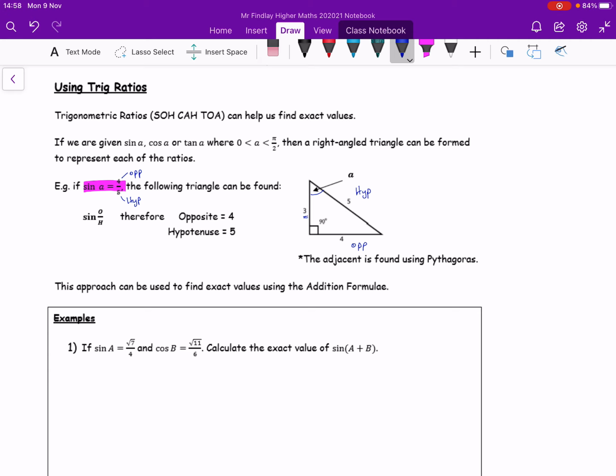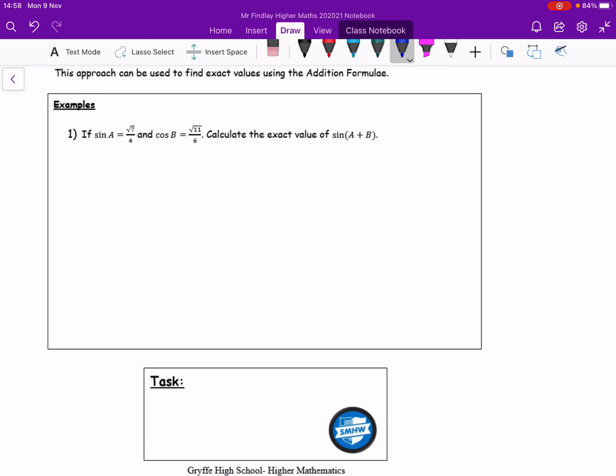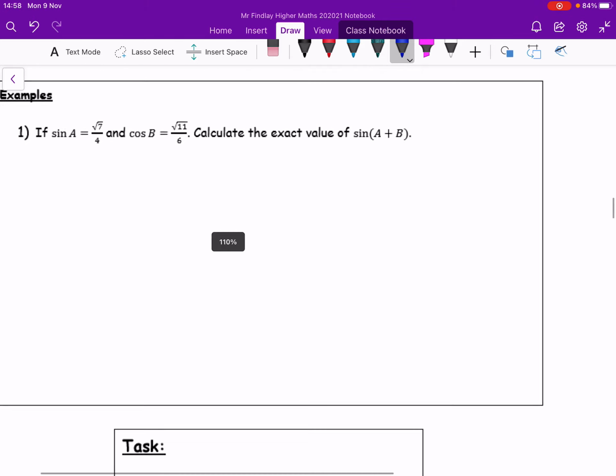Okay, so that statement, sine A is equal to 4 over 5, actually gives us, with a wee calculation, all 3 sides of our triangle. And if we've got all 3 sides of our triangle, we're able to work out not just sine A, but cos A and tan A. And this can be used within our addition formula. Okay, so looking at this example here, sine A is equal to root 7 over 4. If we take that information